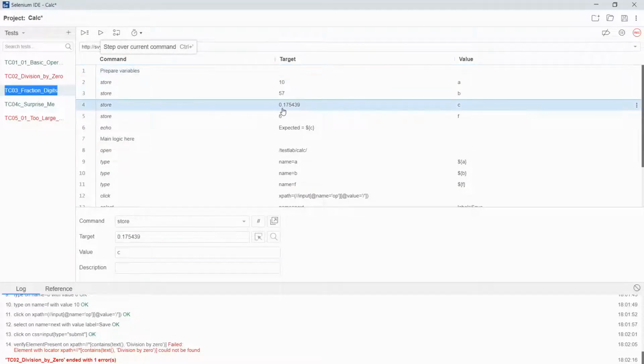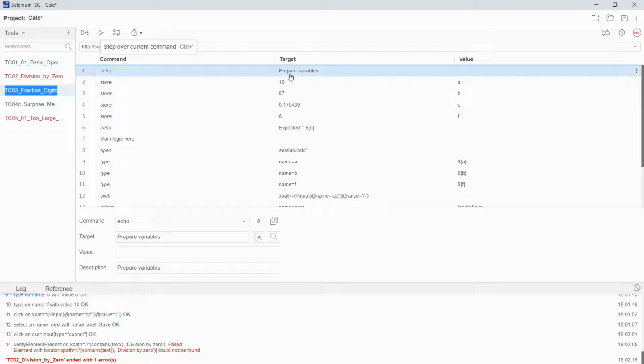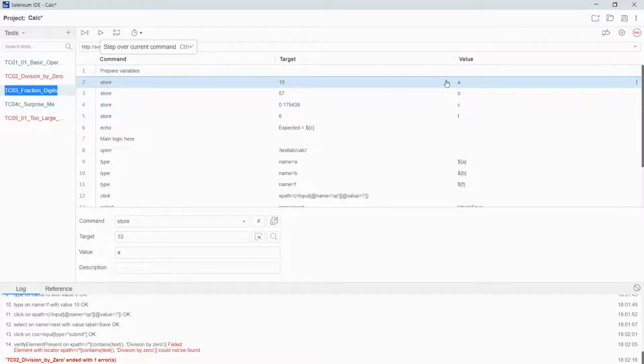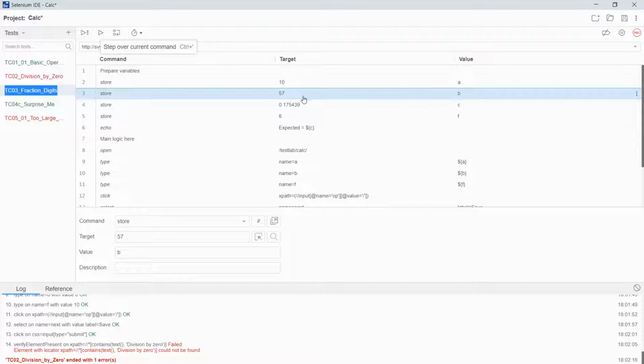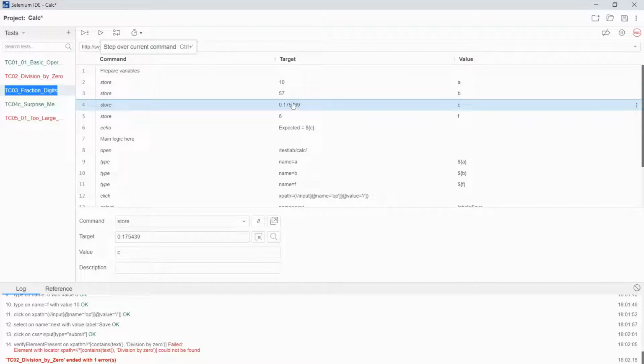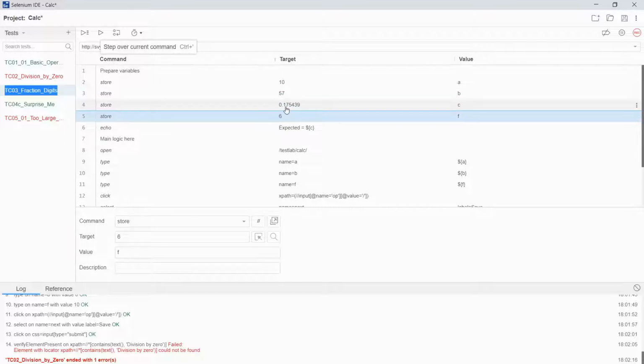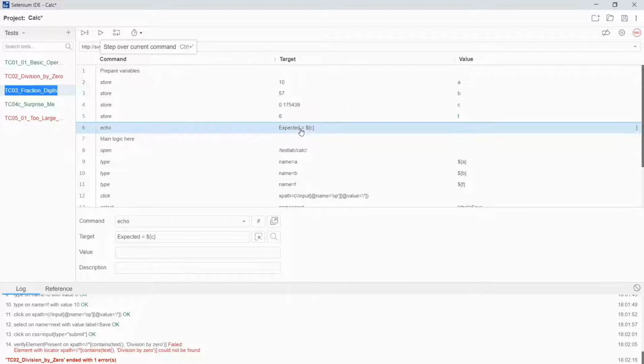In this test case we shall check the correctness of the rounding, so we once again prepare variables, putting 10 into the first operand, putting 57 into the second operand, and such expected value into the third variable. Then we store 6 as the number of fraction digits. We may see that 6 fraction digits are here.